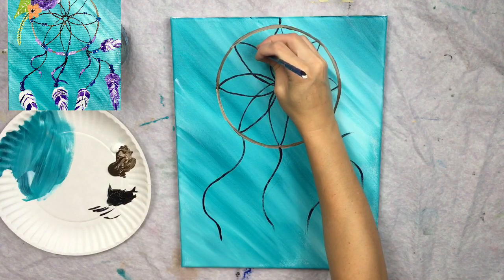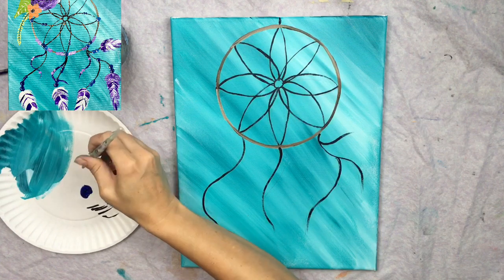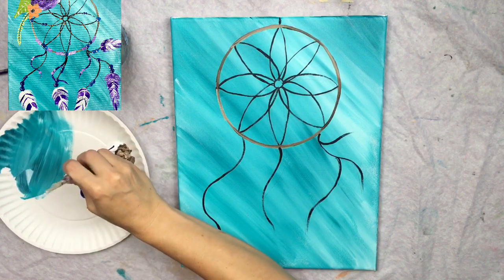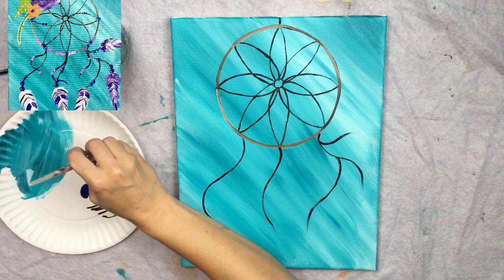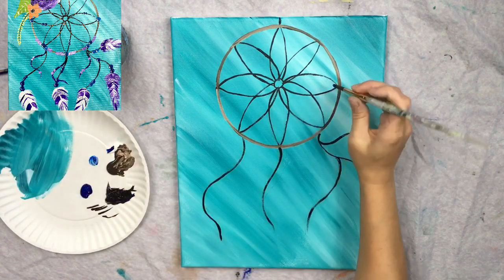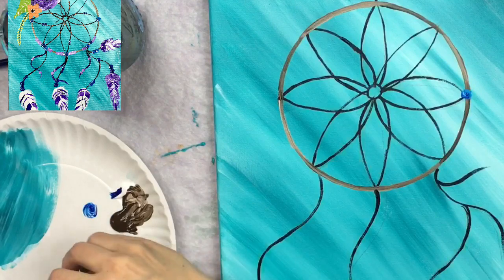It's barely noticeable in the end, but that's where our Dreamcatcher is hanging, so we have the little string at the top. Okay, next we're going to do the beads, and we're going to start with the blue beads, and I jump shift here to the number 6 round